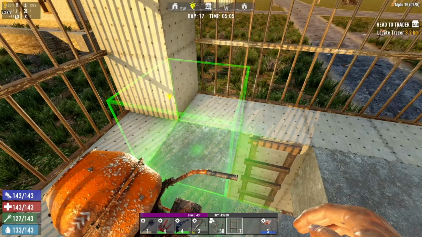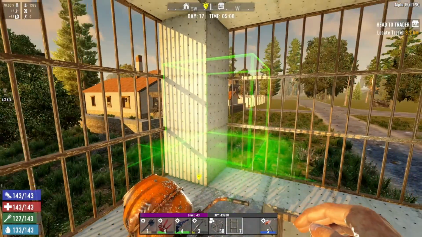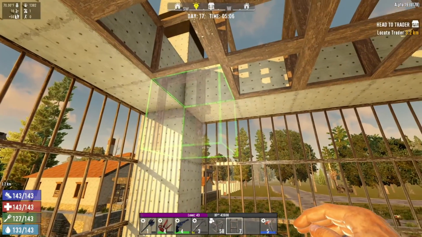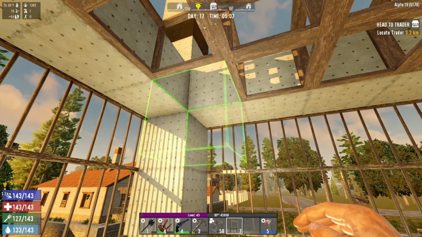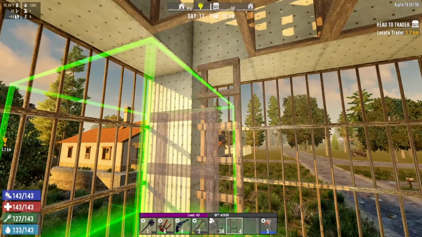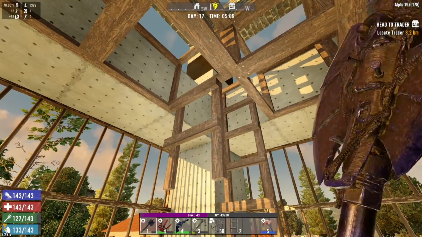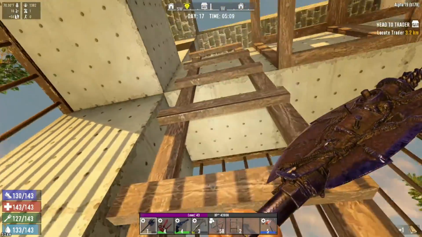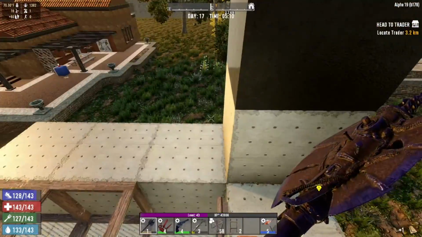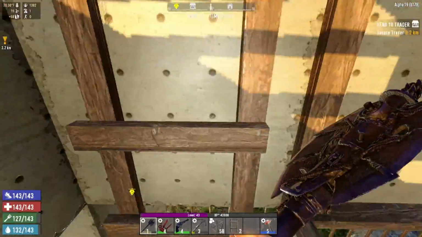Because we can place a ladder right... where am I placing you? Maybe it won't let me do it. Oh no, you will. You don't belong right there. Battle axe! Oh no, it does work. Okay, hold on. So if we do it this way...